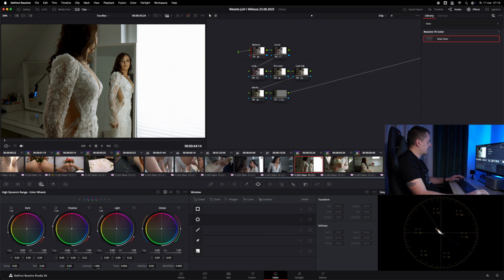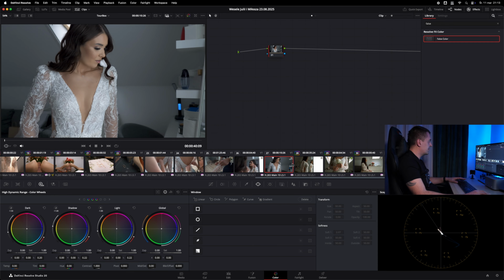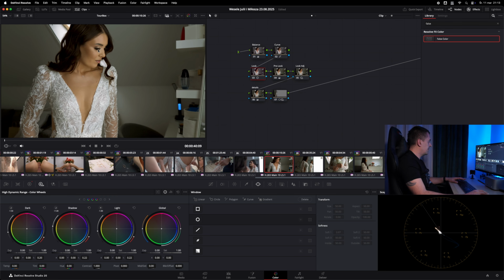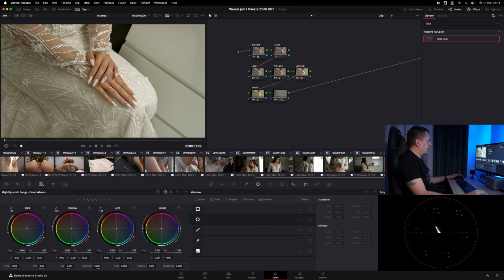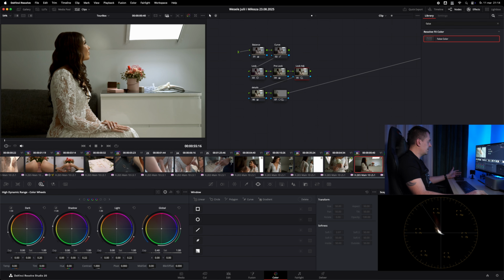This was just an example, a very small part of what I'm doing, but you get the point of what I mean. We can jump through the scenes and just copy the effect. Look, from this to this. So this is what we created by using only 7 nodes. Simple, easy.